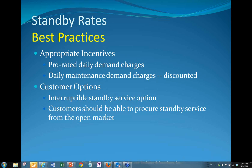A typical standby rate would be set up on a firm basis where the utility is required to provide backup power in the case of a forced outage of the on-site generator at any time that outage might occur. The distinction with interruptible service, if you give the customer that option, the customer could choose to take a rate with a lower capacity reservation charge, or even have that capacity or reservation charge eliminated entirely if in exchange for that the customer is willing to forego the firmness of that backup power,